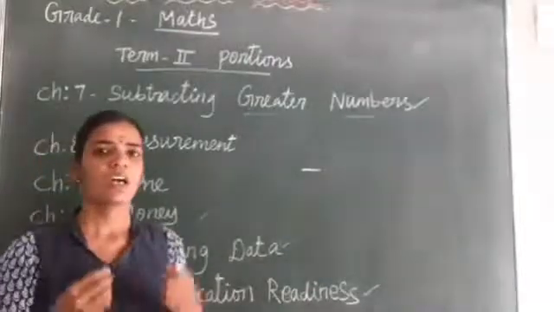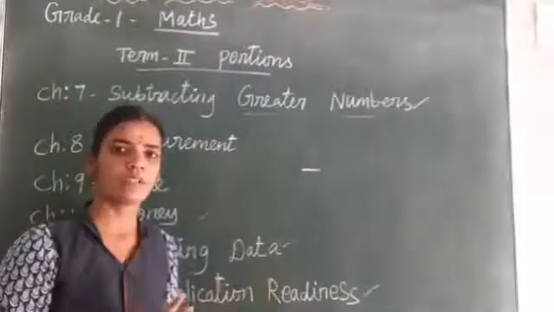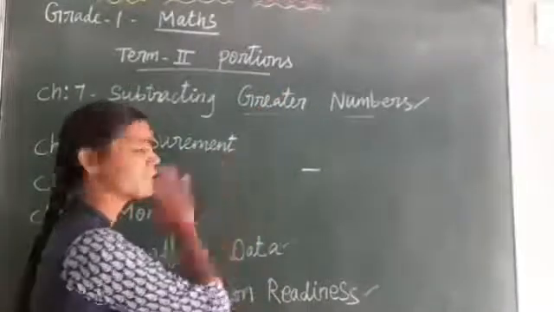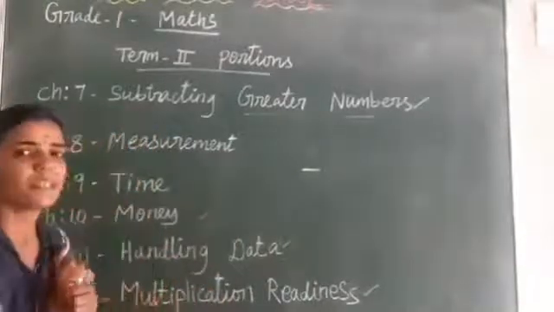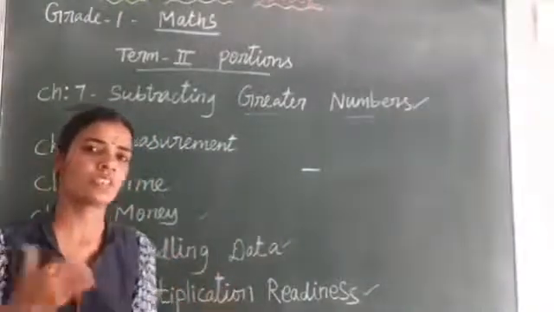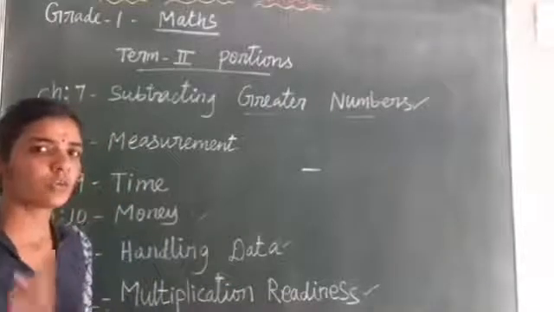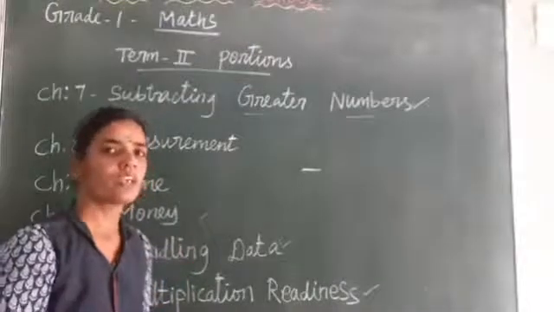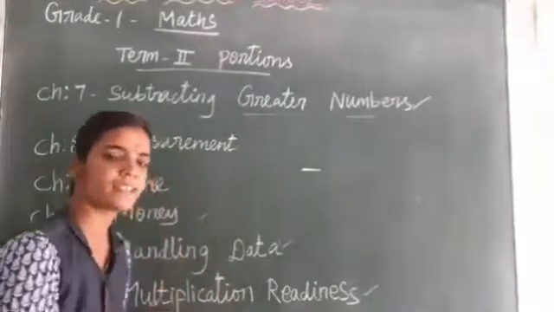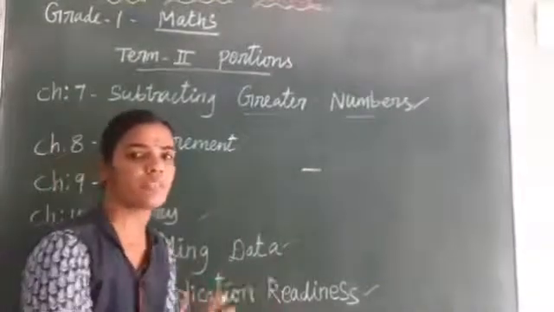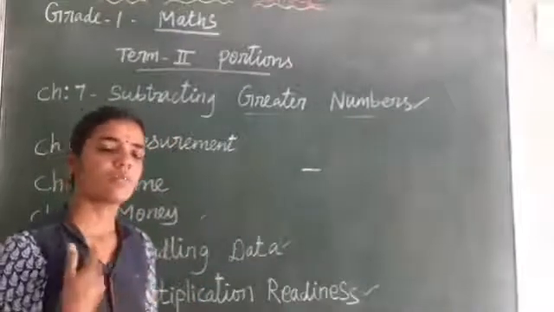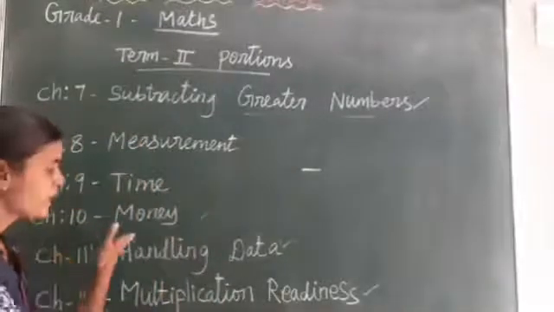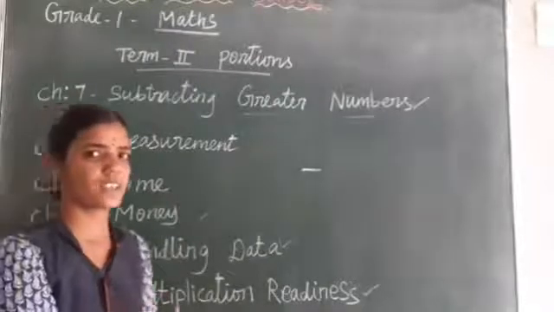Next, measurement. Measurement means what? How to measure this? Long, short, big, small, tall. That is also short, like that. What are the things in this measurement? Next, time. In this time chapter, what have you learned before? Yes, 6 o'clock, 7 o'clock. When will you wake up? When will you have breakfast? Come to school, playing, like that. What are the timings that you have to see? Then days of the week. What is the first day? 1 week, how many days? Like that in this time chapter. Money also, money, handling data, that also we can recall.